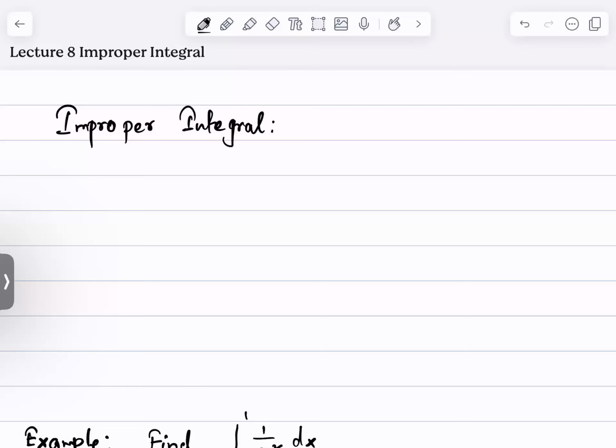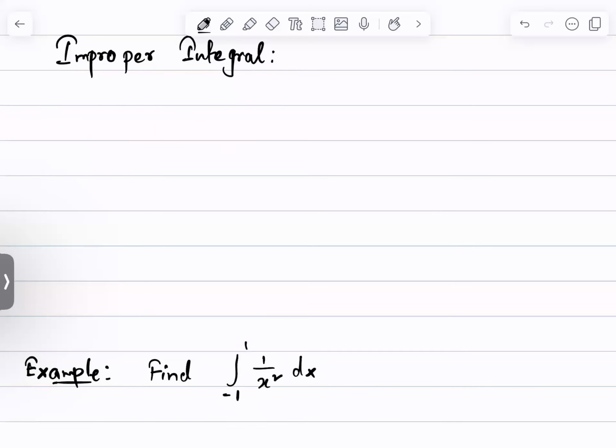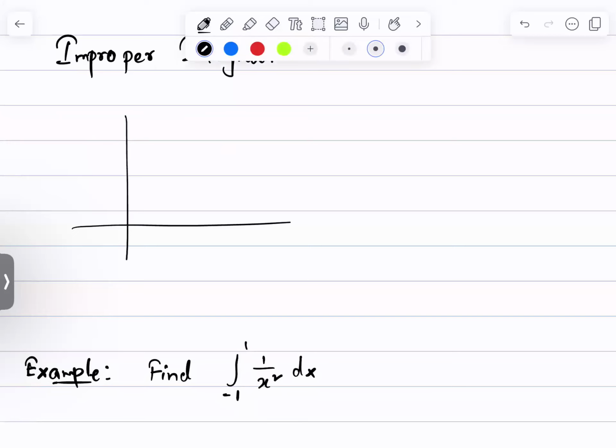Hi everyone, this is lecture 8 of MA 221 and we will be discussing today about improper integration. Okay, as we are discussing, integration basically is if you have a function f, say, which looks like this,